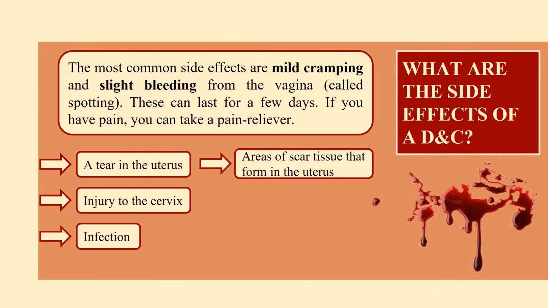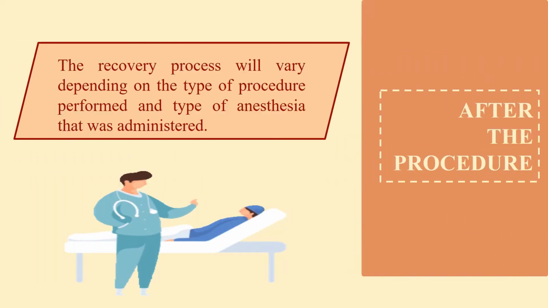What are the side effects of a D&C? The most common side effects are mild cramping and slight bleeding from the vagina, called spotting. These can last for a few days. If you have pain, you can take a pain reliever. Other side effects are not as common but can occur after a D&C. These include a tear in the uterus, injury to the cervix, infection, and areas of scar tissue that form in the uterus. After the procedure, the recovery process will vary depending on the type of procedure performed and type of